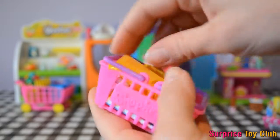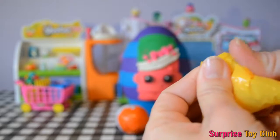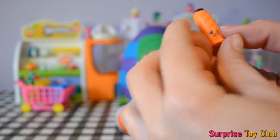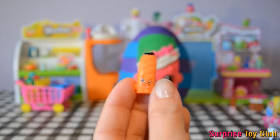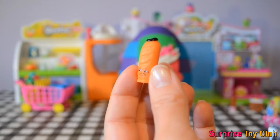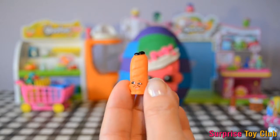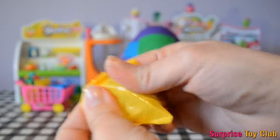There we go. Okay. Right, first one. Okay, that looks like a baguette to me. Some sort of bread. What do you think? Let's have a look. So that would be in the bakery department, and that is, yep, Slick Breadstick. And then number 2,